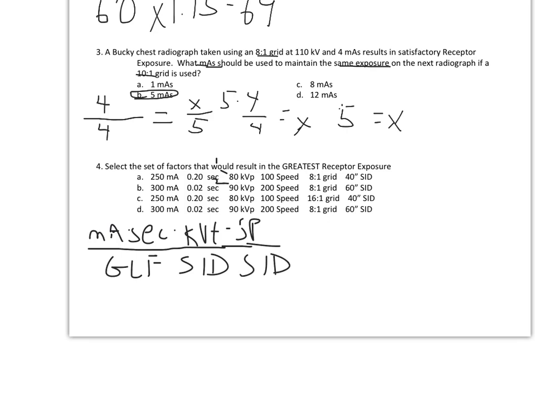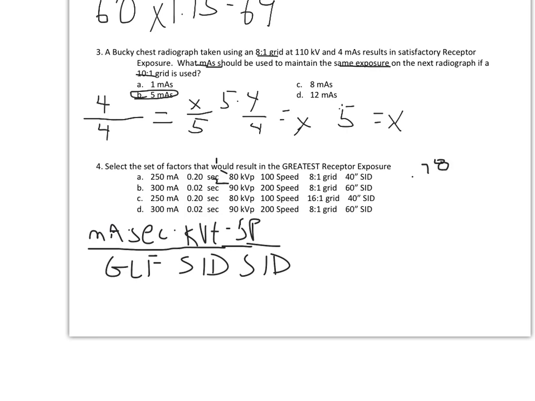Okay, so we do that for each of these. For the first one, we multiply 250 times 0.2 seconds times 1 for the kV factor times 100 for the speed, divide by 4 for the grid, divide by 40 twice for the SID, and you get 0.78